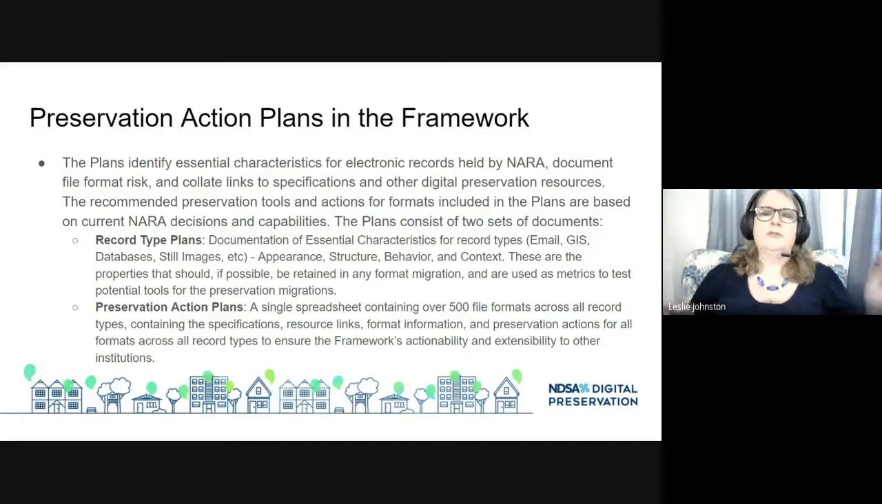And the plans are two sets of documents. The first are plans for the record types, the record type plans. These document the essential characteristics for each record type, such as email, GIS, databases, still images, textual, and documents characteristics under appearance, structure, behavior, and context. So these are properties that, if possible, should be retained in any format migration. And so these are also great metrics to use to test potential tools that you might be using for preservation